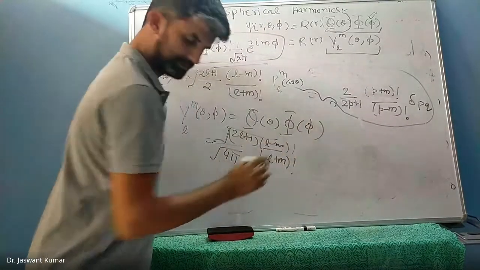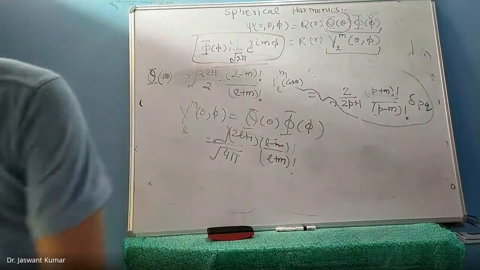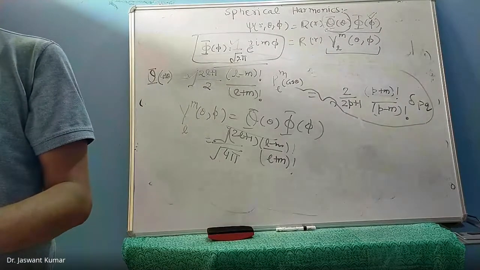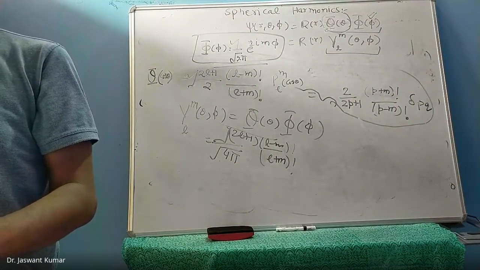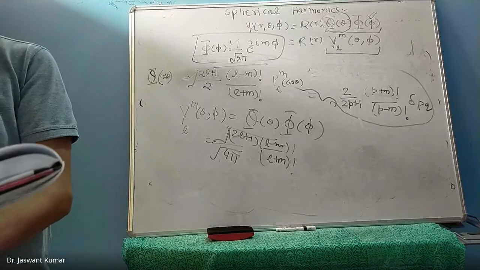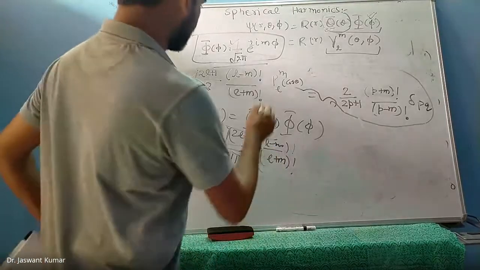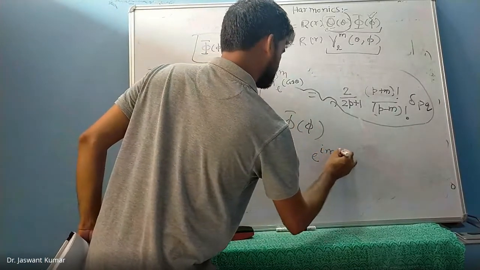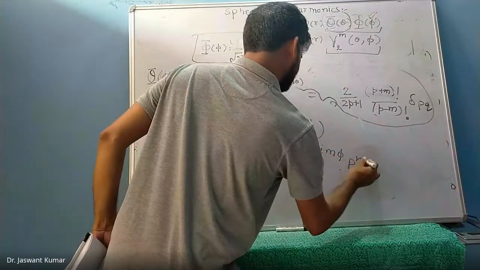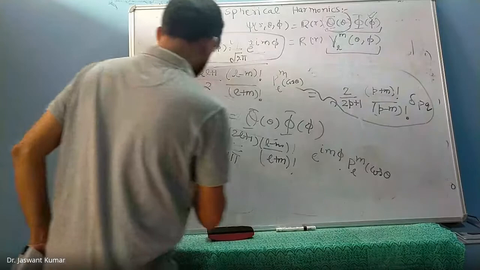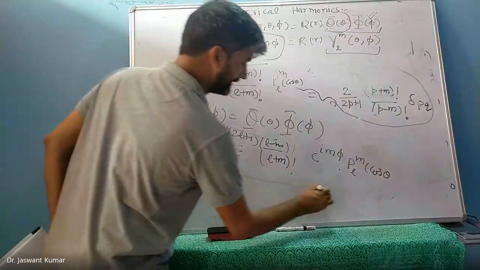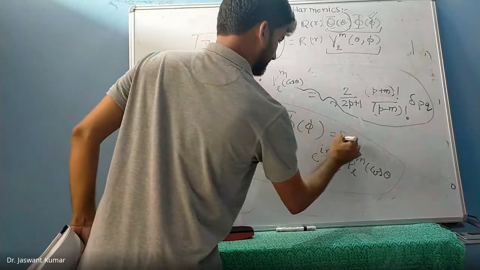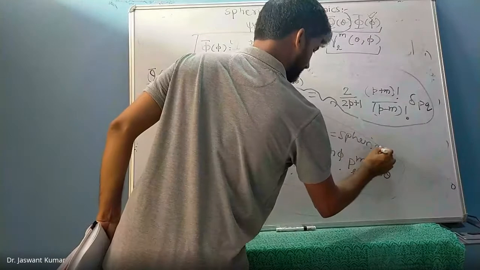Oops. And then, okay, I'll just write it because I need to write it. Otherwise, you will complain that I did not write it. And that is it. Oops, I did not write it. No. Here it is. Yes, Shabas. Times this exponential i m phi times PLM of cos theta. When you have some free time, you please worry about this relation. This is known as spherical harmonics.